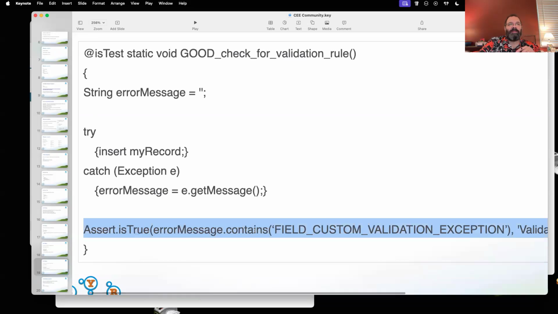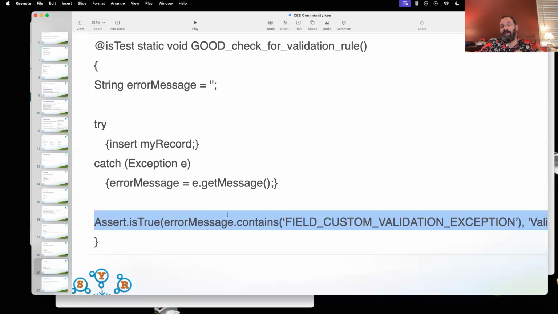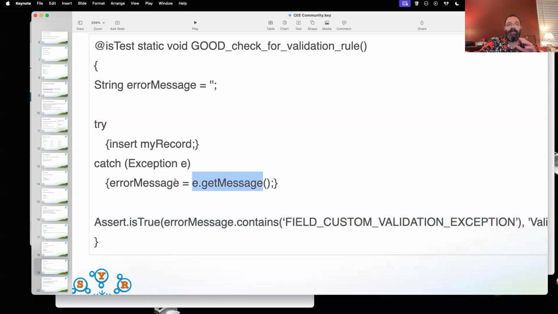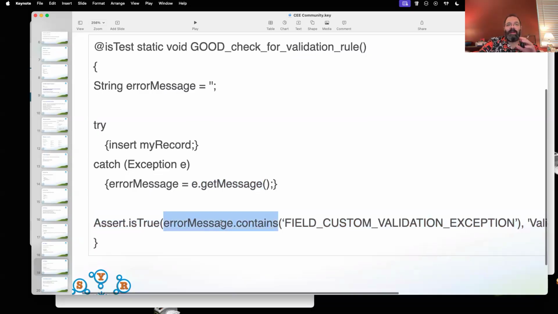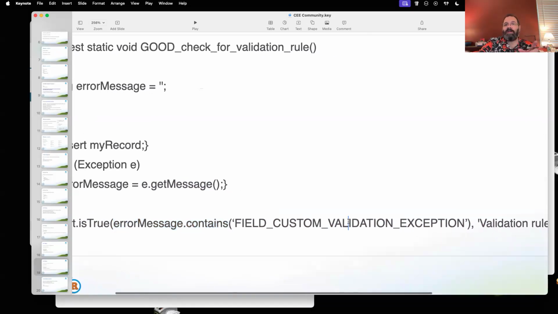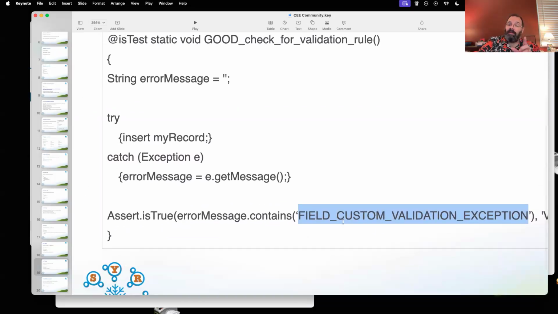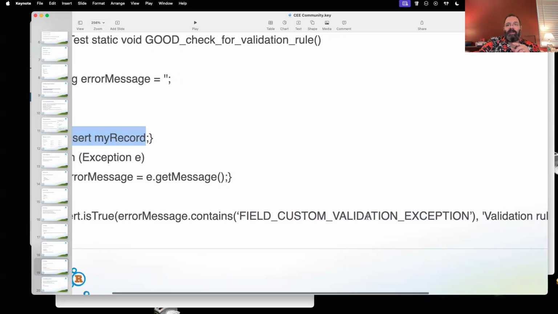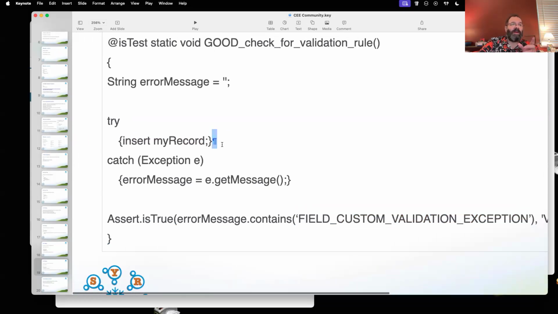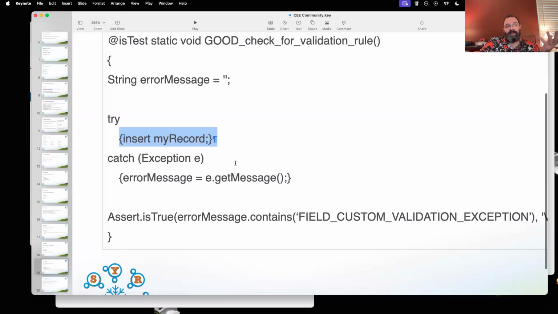This is a better unit test, where instead of just saying did it occur or not, I'm actually getting the message. And I'm asserting that the error message was the correct exception. The reason that's better is, what if this did not fail because I got a validation exception? What if this failed because I divided by 0? That's an exception as well.